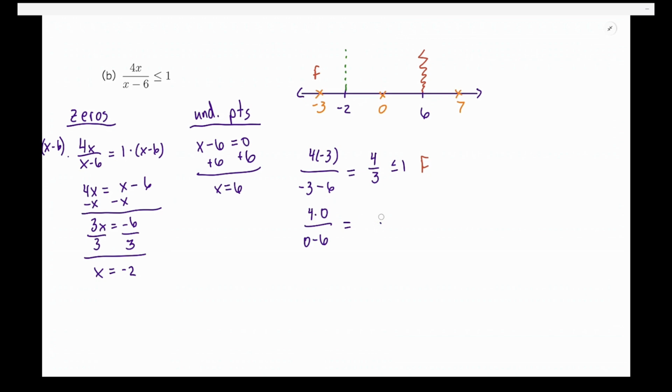Oh no, sorry. 4 times 0 is 0, so that's equal to 0. Is that less than or equal to 1? True. And then we have 4 times 7 over 7 minus 6, which is equal to 28. Is that less than or equal to 1? That is false. So our answer is going to have a single interval,